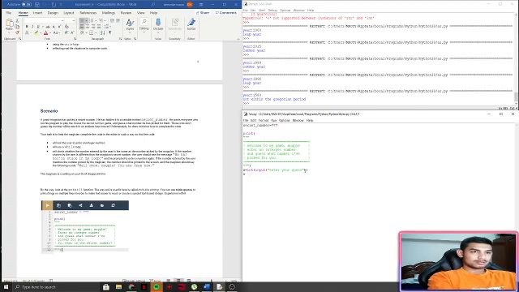While x is not equal to secret underscore number, enter if x is equals to secret underscore number,